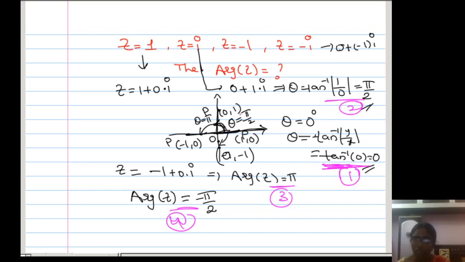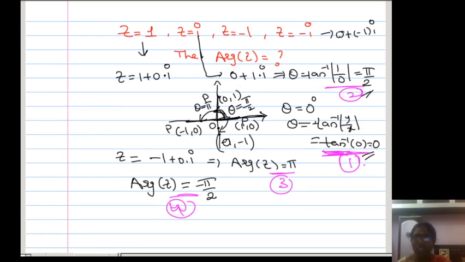Just to understand further, I explained geometrically and simultaneously theoretically, by using the formula tan inverse of y by x in general. In the previous session I discussed if the complex number lies in the first, second, third or fourth quadrant, how to find the principal argument. But in this, if the complex number lies on the x-axis or the y-axis, what is that? Positive x-axis means 0, positive y-axis means 90, negative x-axis means pi, negative y-axis means -90.